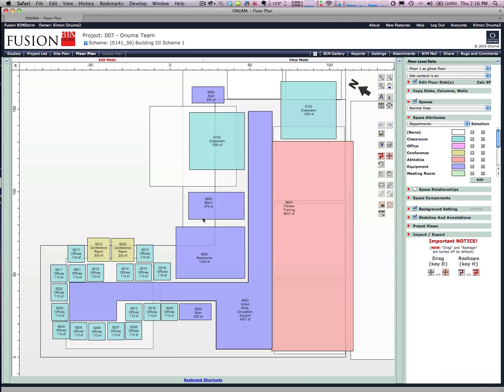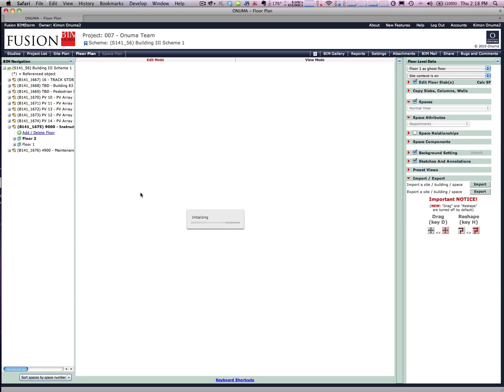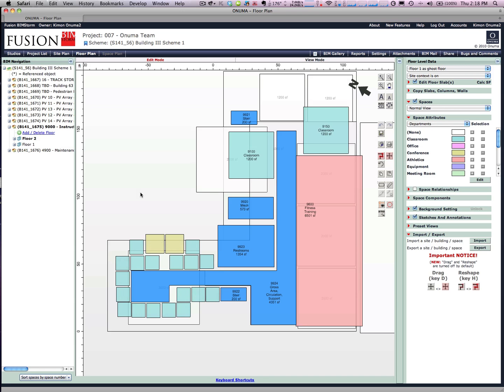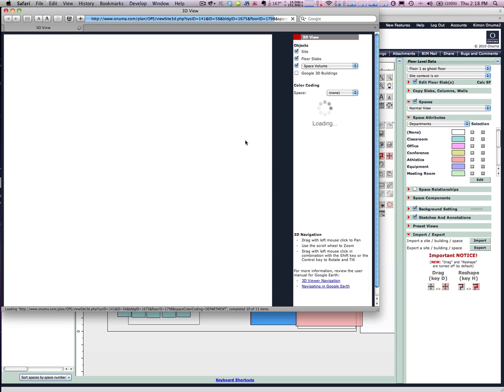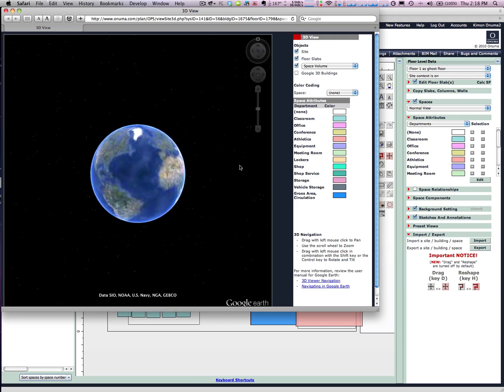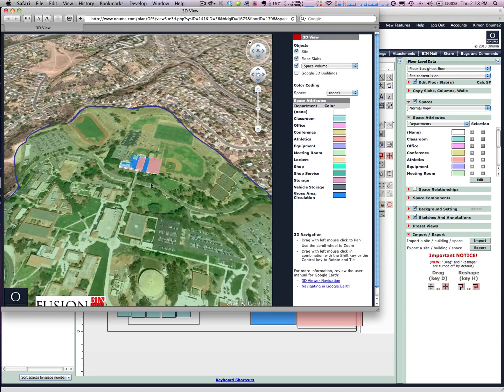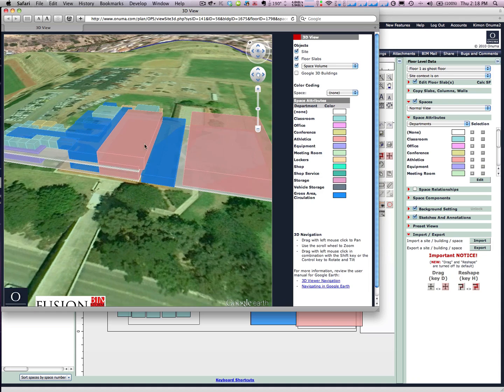Now that we have a rough layout of the building complete, we can actually go through and renumber the spaces that we've duplicated, so we don't have duplicate numbers. We want them all to be in the 9,900 group, so we can either double click on the space and renumber it right there. So now this is ready to be looked at in 3D, so we have all the spaces correctly named and numbered now. If we look at this in 3D, we'll see the blocking and stacking model placed on the right part of the site with the rooms correctly placed